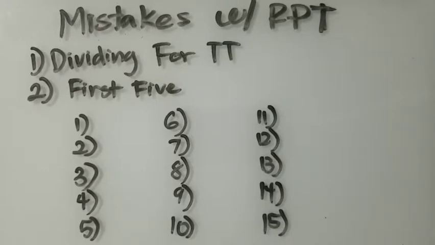Okay, so the first mistake I made was dividing for target time. I was dividing my swimmers' fastest times depending on the race pace, say 100 race pace. So the swimmer does a 1 minute for the event, and I would divide their time by four because there are four laps in a 100. You divide that by four and you get 15, and I would be using that as their target time. The reason why I changed it is because when I divide,